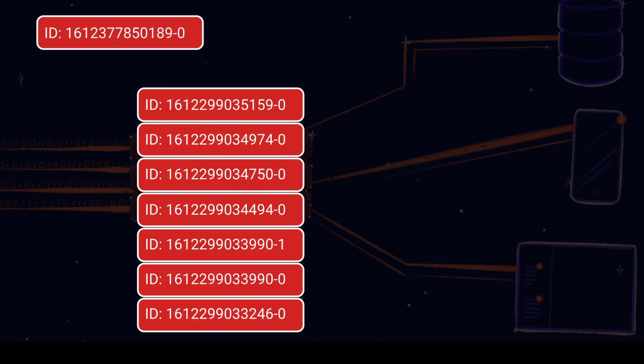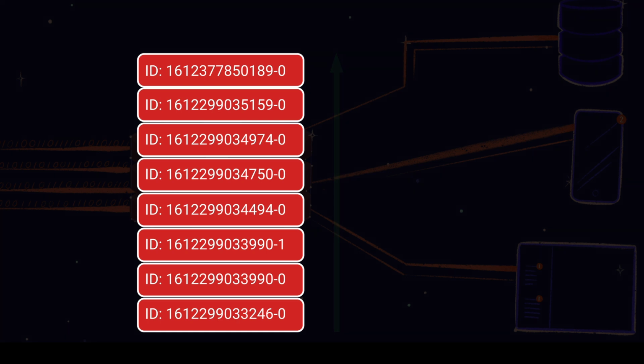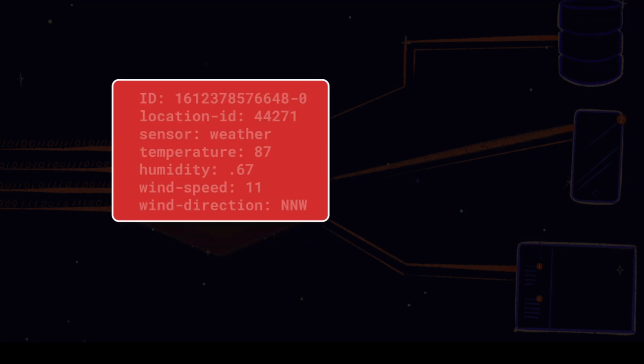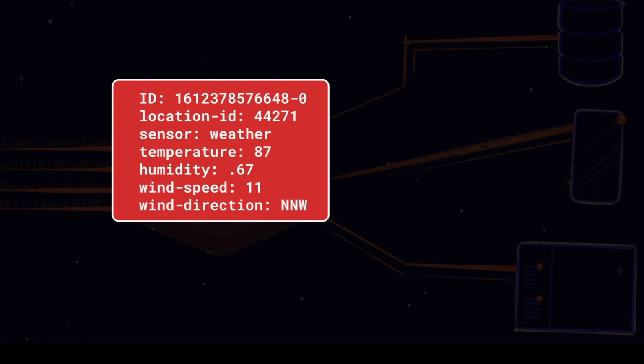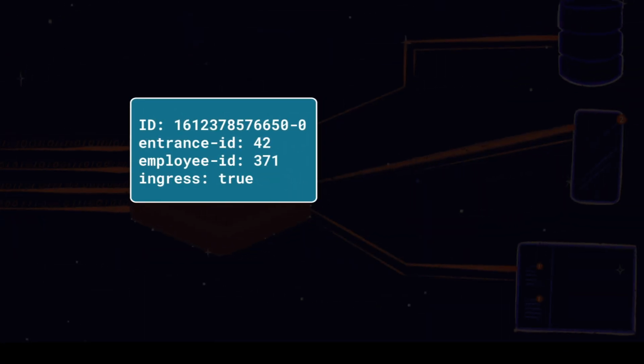A Redis stream is a data structure that behaves like an append-only log. Once added, an entry in a stream is immutable. Each entry in a Redis stream has a unique ID, and by default, these IDs are timestamp prefixed. This means that a Redis stream keeps entries ordered as a time series. Stream entries look a lot like a Redis hash. Each is a set of name-value pairs. It's also worth noting that Redis streams are schemaless. While each stream entry has to have at least one name-value pair, they don't all have to use the same structure. Redis allows consumers to read stream entries in order. Consumers can also efficiently seek to any entry within the stream.